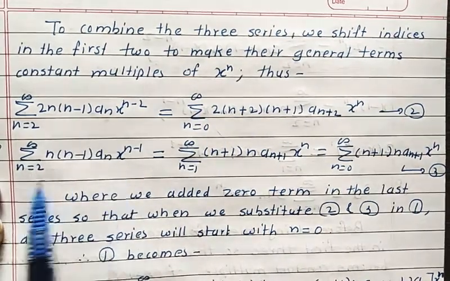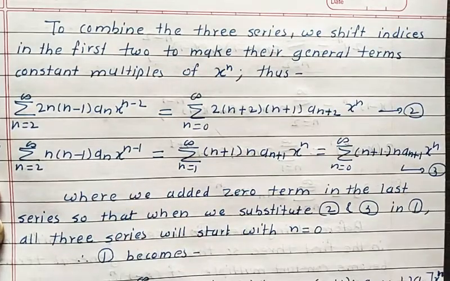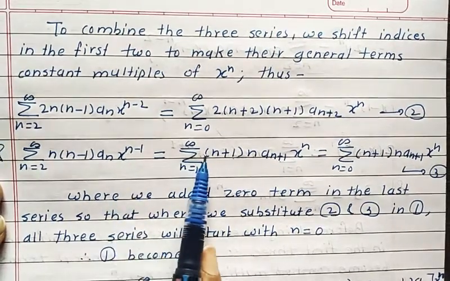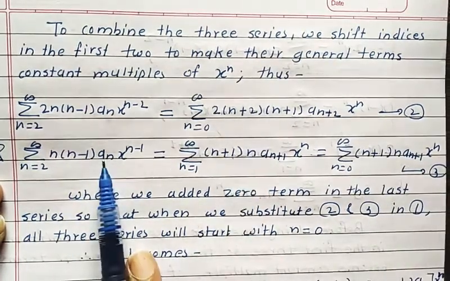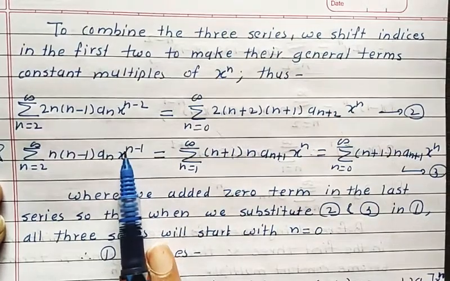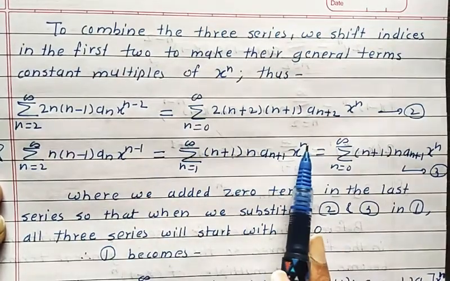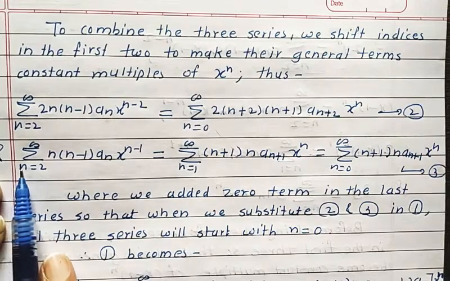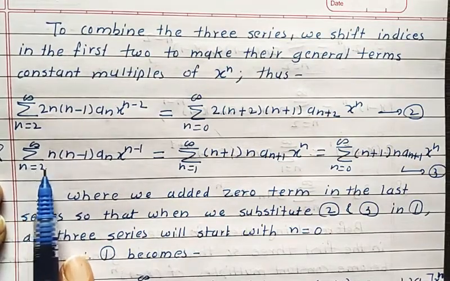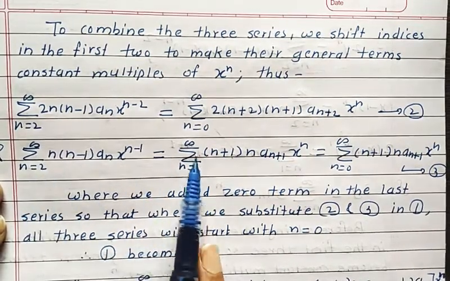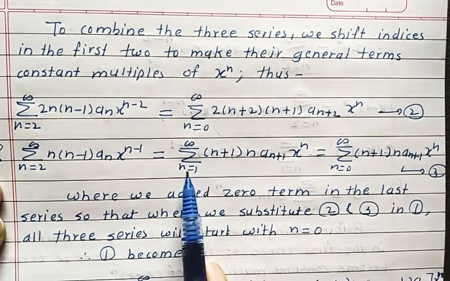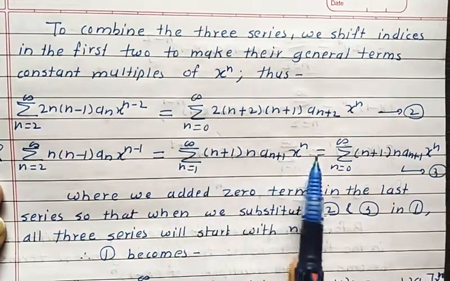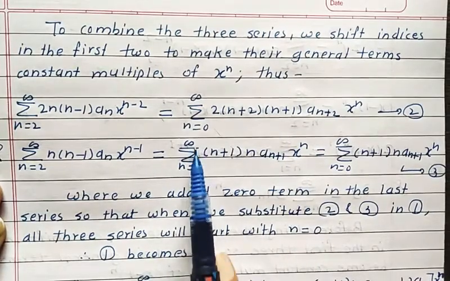Then the second power series is this. What are we doing? We are replacing n by n plus 1 everywhere. n plus 1, n plus 1 minus 1, that will be n. Replacing this n by n plus 1, n plus 1 minus 1 leaves only n. Replacing this n by n plus 1, n plus 1 equal to 2 to infinity means n varies from 1 to infinity. Now you can see the remaining two power series start from 0 to infinity, and here n varies from 1 to infinity.